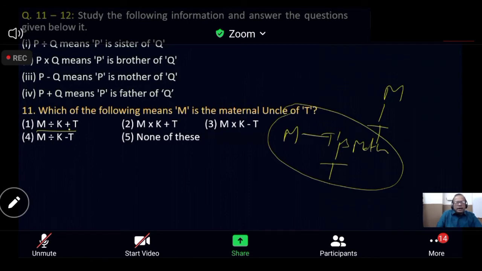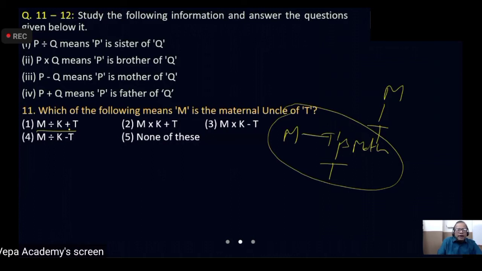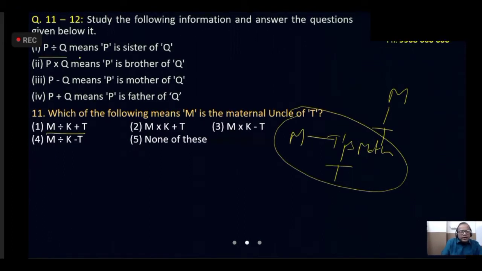Followed by divided by. Now you go and search what is the meaning of divided by. Divided by, it is given in the first indication. Divided by means what? P divided by Q means P is sister. Okay, order is also important. P divided by Q means P is sister of Q. So P is sister. Sister means